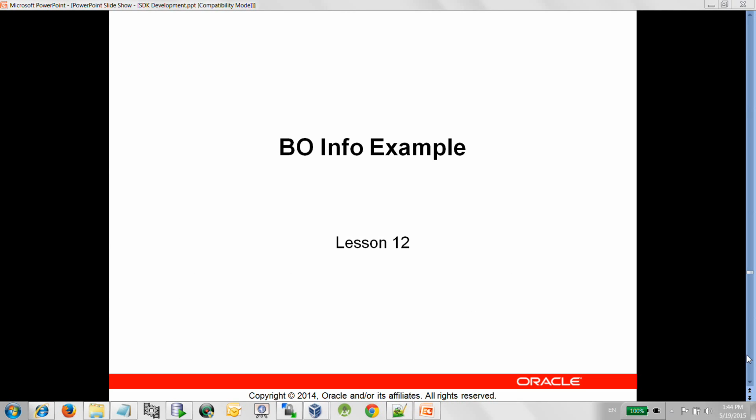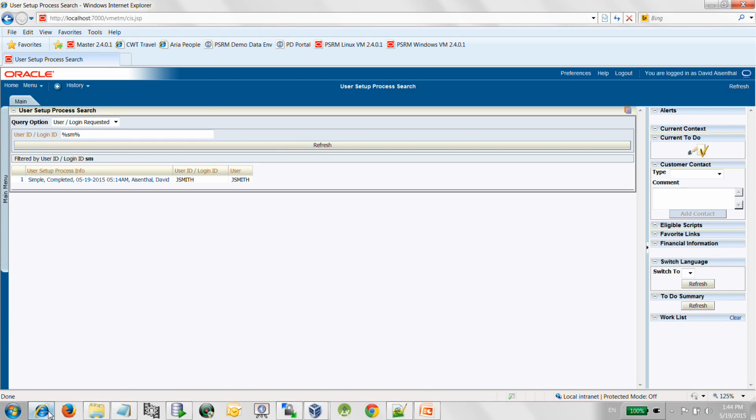Welcome to lesson 12, and here we're going to see our first plug-in example. We're going to look at the BioInfo example. So let's just look at the user setup process. And if I search for user setup process, here I have the info